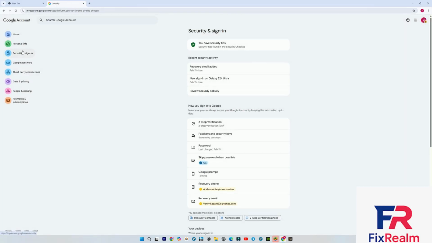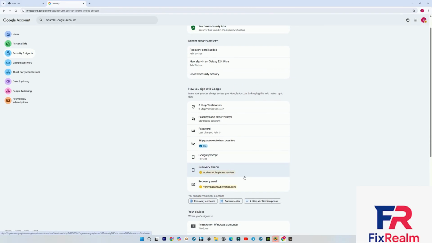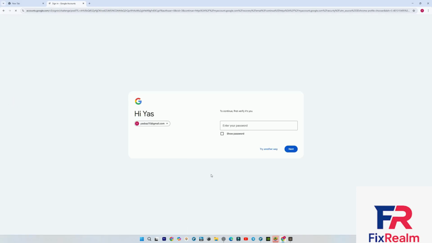navigate over to the main security section. Once you are here, you can easily add a phone number or, as mentioned before, add a backup email address for your safety. In this particular example, I have already added an email address, and in this next section you